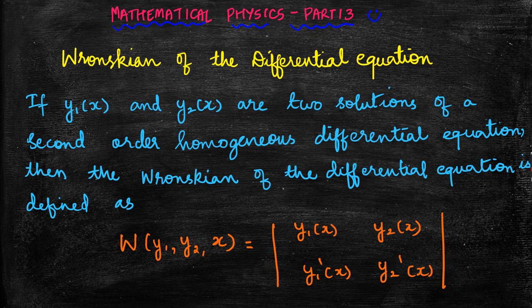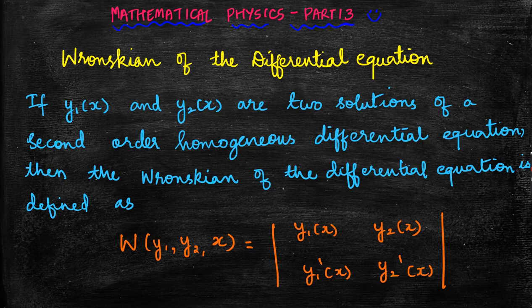Now after solving a differential equation, we get our CF, the complementary function, and this is for homogeneous differential equation. So we'll have only one solution which is the complementary function, and our solution will be two terms, an a term and a b term. That a term will be your y1 of x and b term will be your y2 of x, and these are the two solutions of homogeneous differential equations.